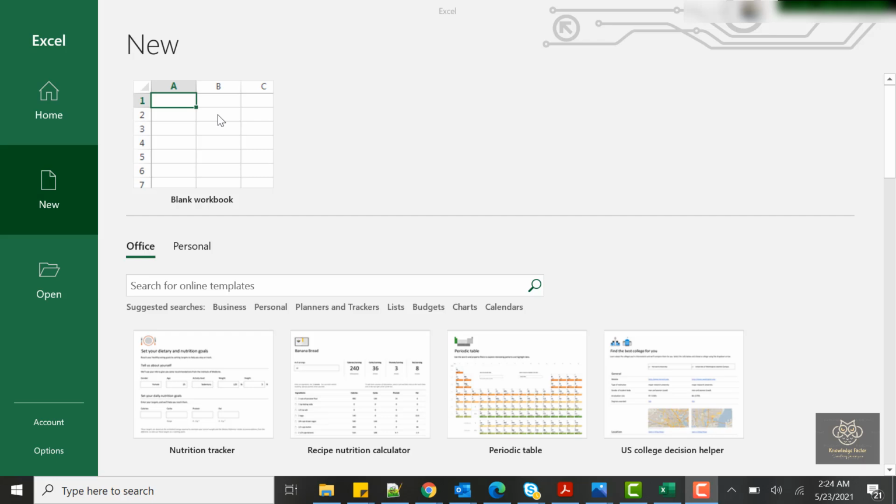So first step, we have got to open up a new Excel document, and we are going to start to put some labels or headers into our spreadsheet. So here we go. I'm back in the Excel interface, and I'm looking at the New section of the backstage view, or the File tab. Inside of here, I'm going to go ahead and grab a blank workbook, and I will give that a double click.